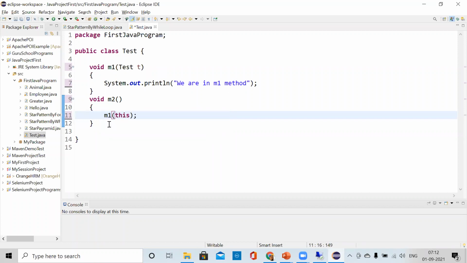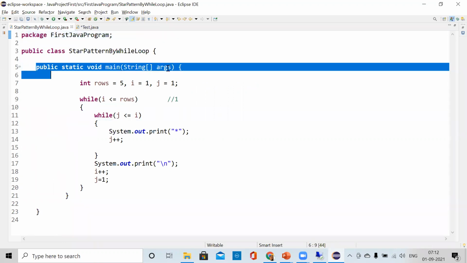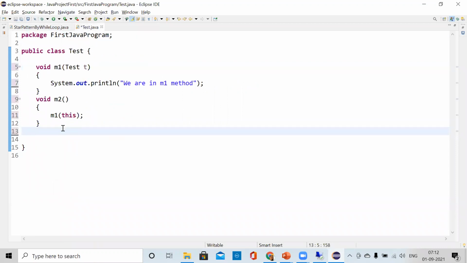This is the keyword. And in the main method, oh, I have not written the main method. I deleted the main method. Yeah, no problem.